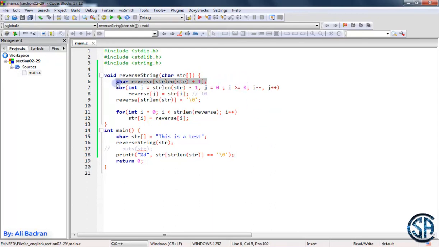Now you might have a question, what happens with this array? As we know, for example, when we define a variable inside the scope of the for loop, whenever the for loop ends, this variable dies. Similarly, this array over here, we defined it inside the scope of this function. So whenever this function call ends, this array is destroyed. But the array in our main function remains as it is. And what's important over here is that arrays are passed by reference. So the change over here will affect the string in our main